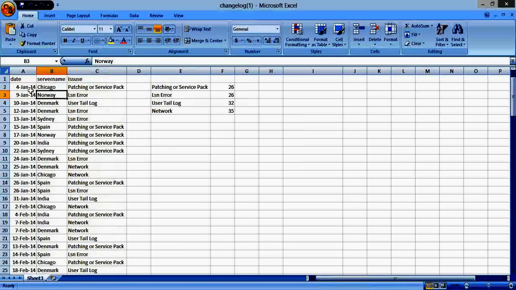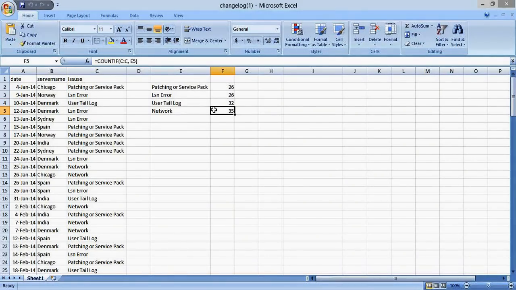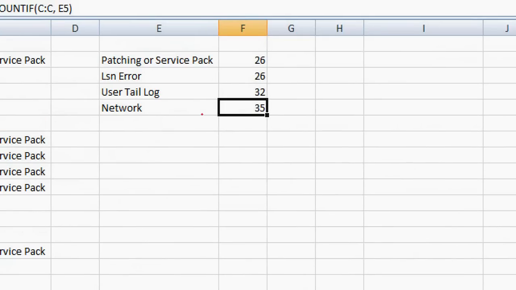Everything is noted over there, and at the quarterly or half yearly review, along with our regular job tasks, you just go to your manager and show him this task sheet, saying that in the past 6 months, we have had 35 network related issues, 32 tail log backup issues, 26 LSN related issues, and 26 service pack related issues.